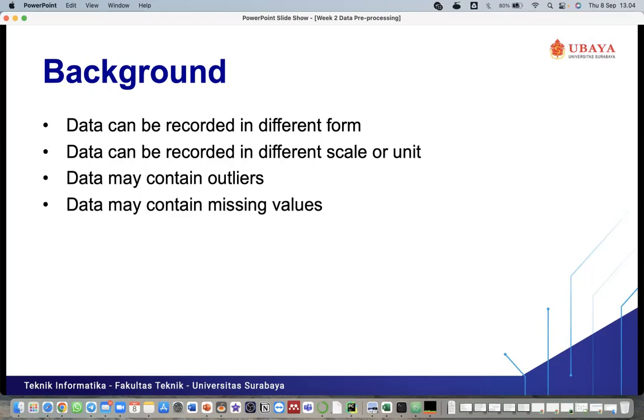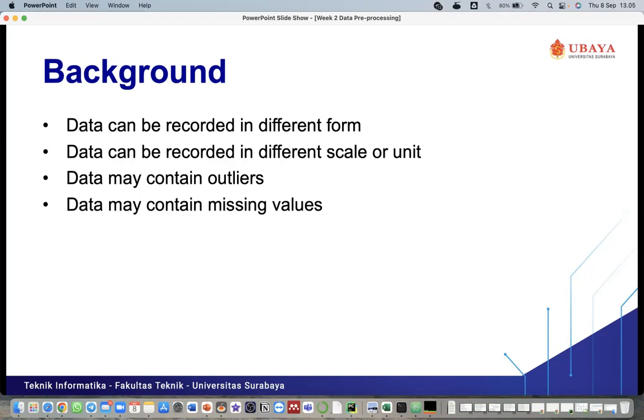And data may contain outliers. For example, the staff or the admin may type the wrong data in the data set.